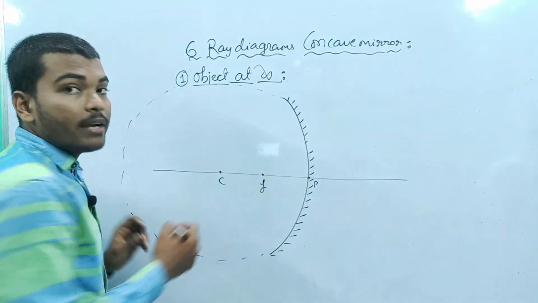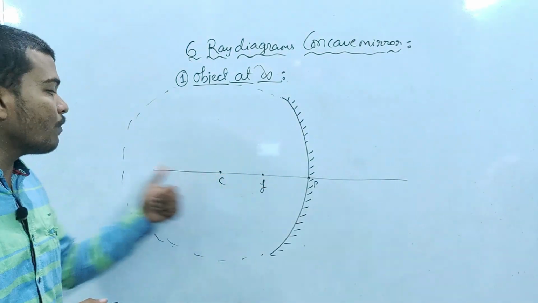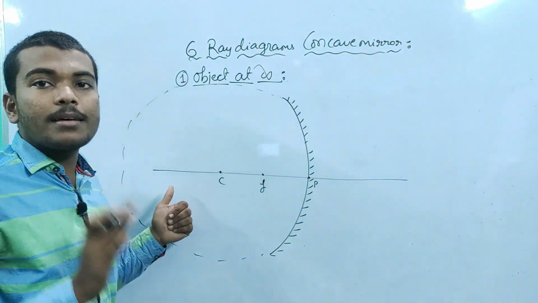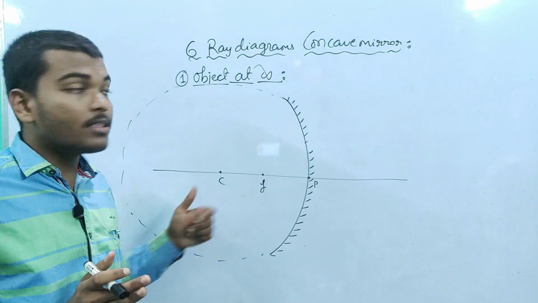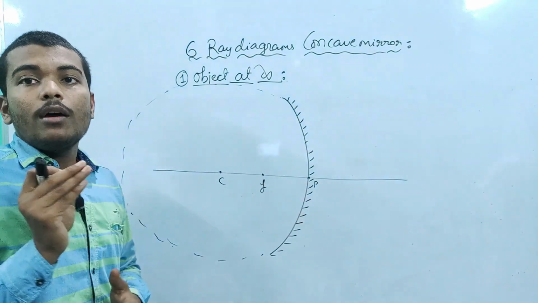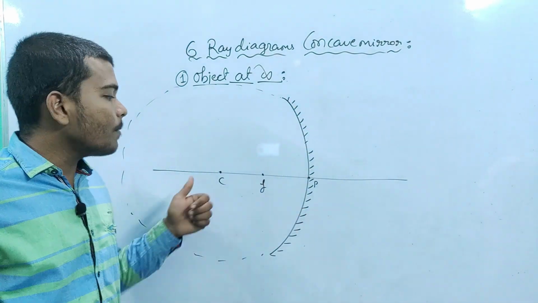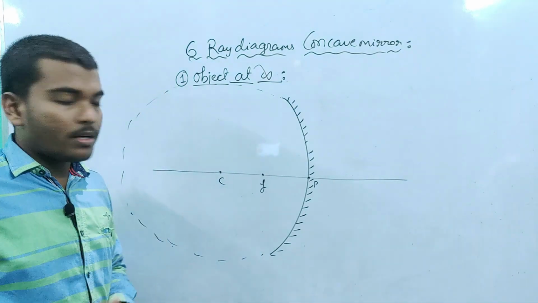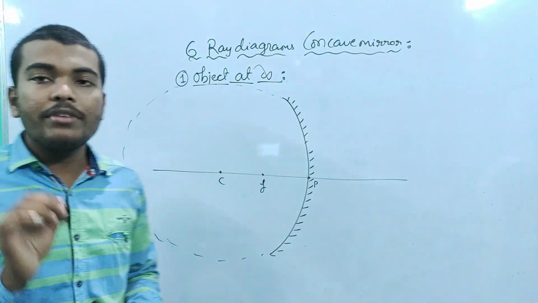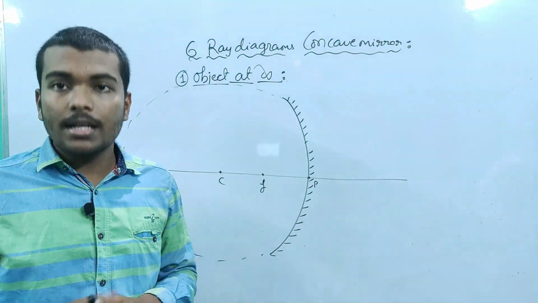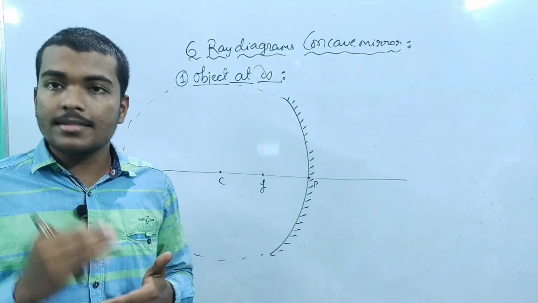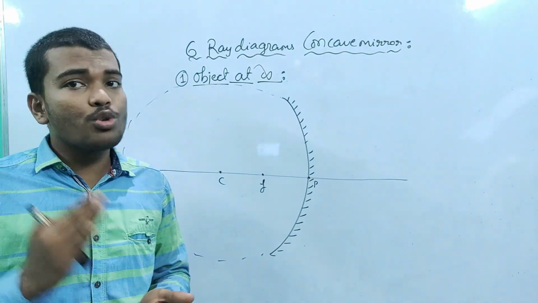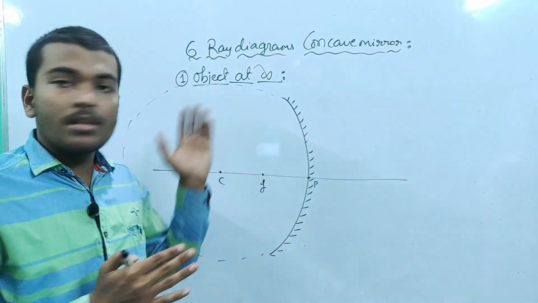Otherwise you may get diverted, like you are going to do C over here or very close to the mirror or very away from the mirror. There we may get some different types of images, and the image characteristic which we are going to draw would not stand correct. So estimating the circle and making C and F is a very important task. Now for the first one, I will draw some of the main conclusions, and we are going to write it in star mark points because they are the logic statements which are going to help us to draw the image characteristic and even this ray diagram.